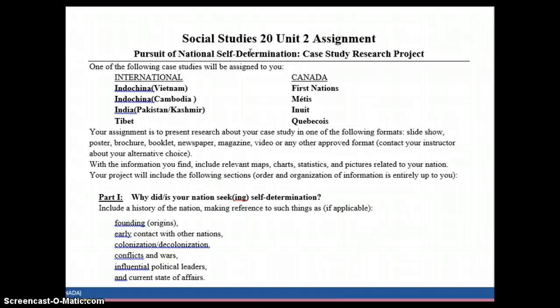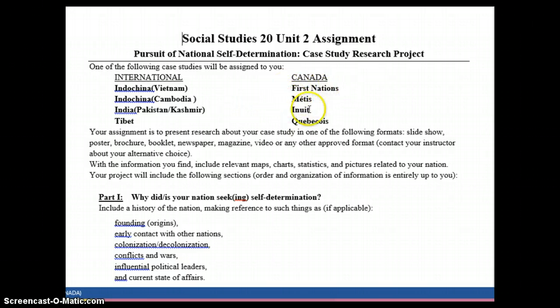In the assignment, you may choose a number of different case studies and provide research on them. For example, Indochina related to Vietnam, Indochina related to Cambodia, India, Pakistan, Kashmir, Tibet, or you may look within Canada and consider national self-determination from the standpoint of First Nations,